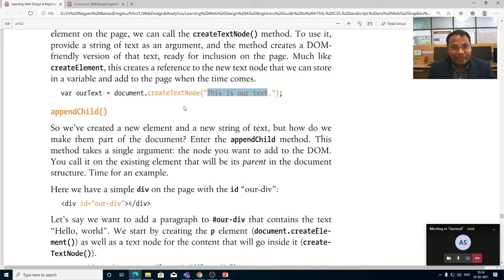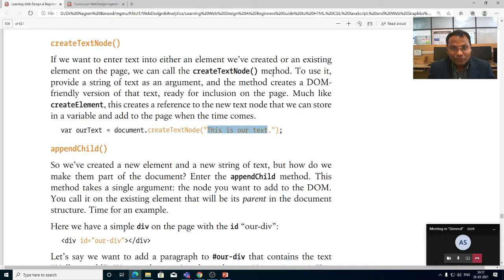So keep in mind that createTextNode is the method used to create a document object model friendly version; it creates a reference to a new text node that we can store in a variable.